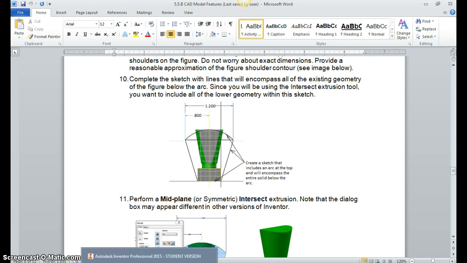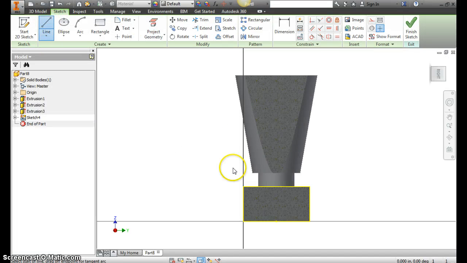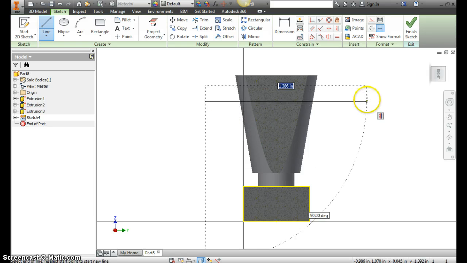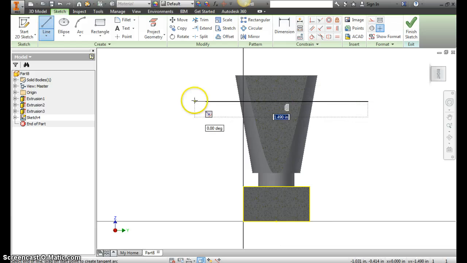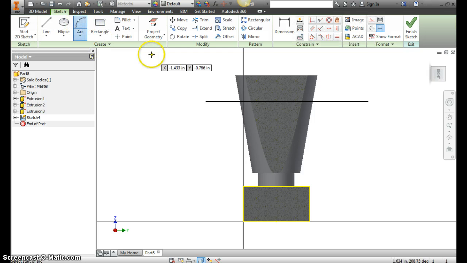So what I'm going to do is create this arc right here. They don't give us the distance down from the top for this horizontal line, so I'm just going to arbitrarily create that. I'm just going to come down to about right there, come straight across, and I can always trim that back. What I do need to do is go line command, and actually no, I'm not going to do line command. I am just going to create an arc that,